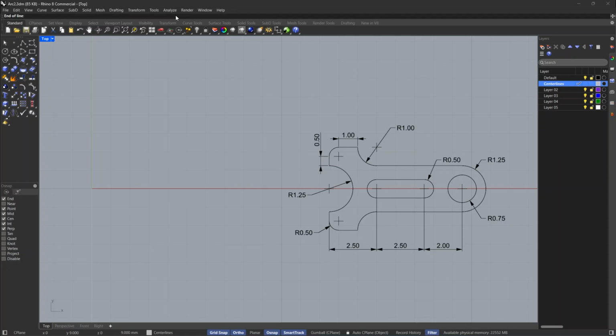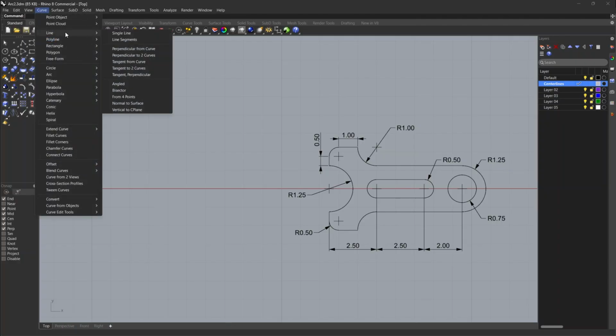For end of line, type 0.25, comma, 0, then press enter. These are absolute coordinates.